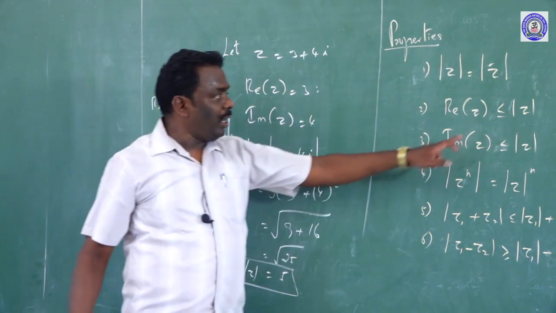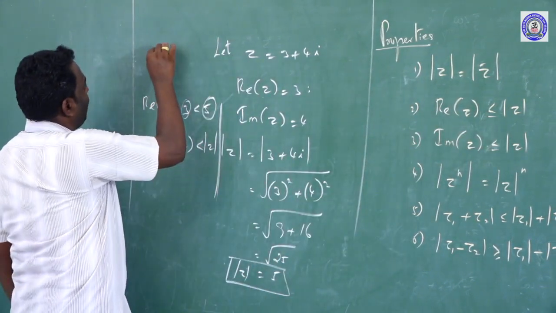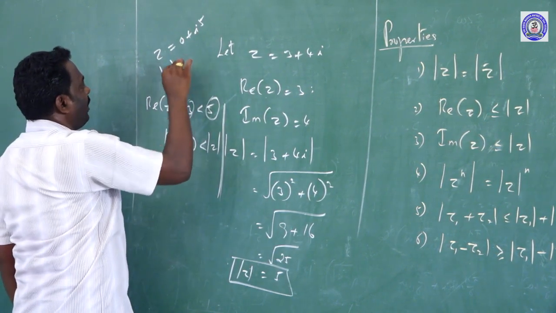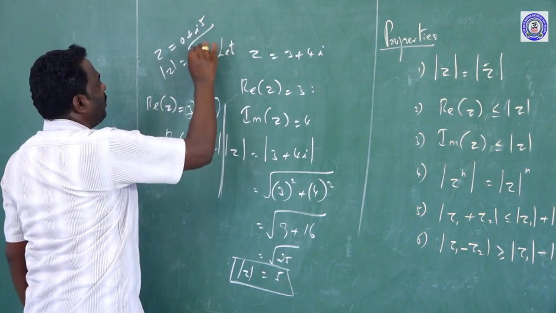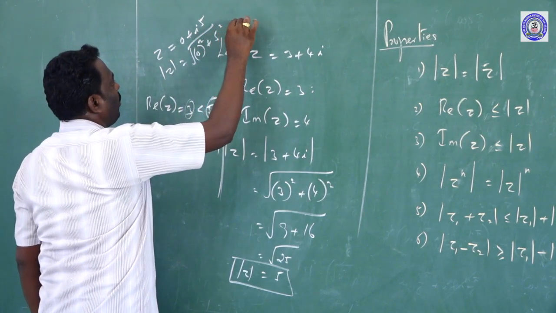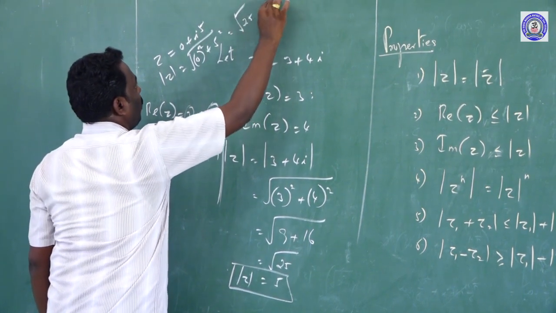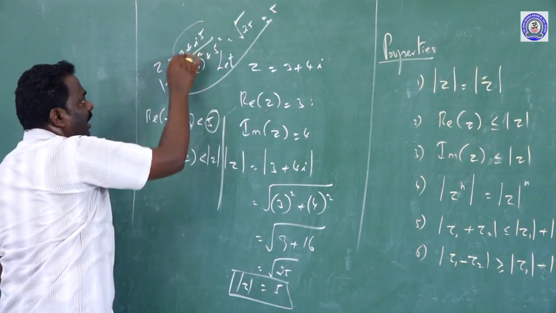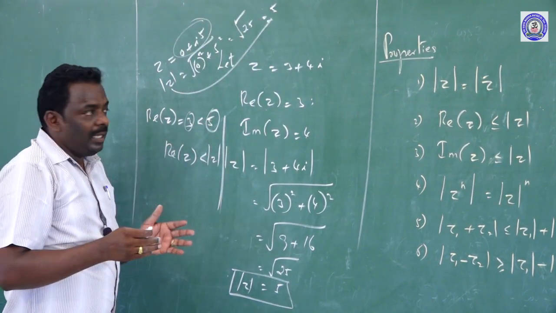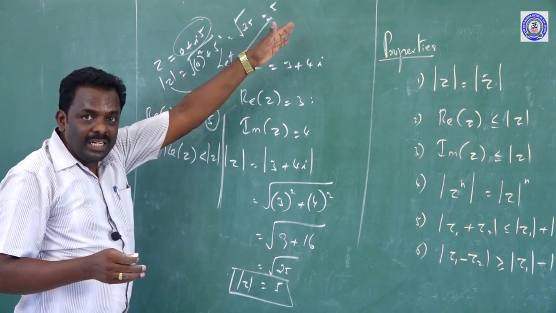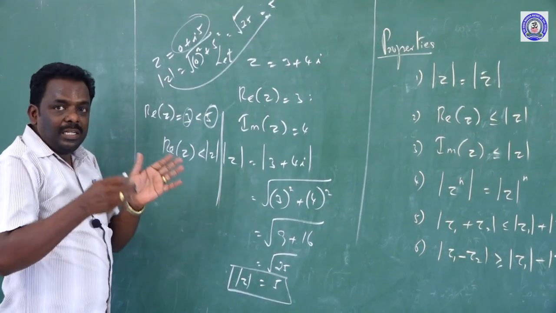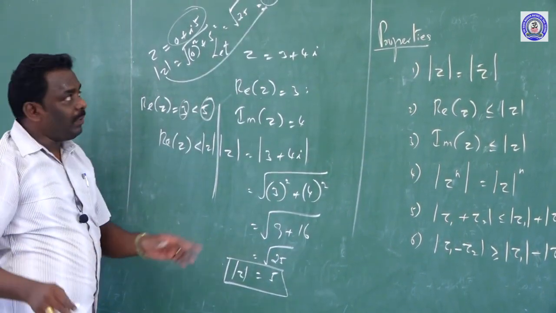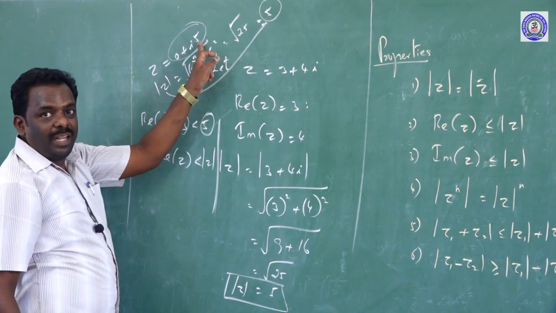When is the equal case obtained? Suppose the complex number z is equal to 0 plus i into 5. If you find the modulus of z, it is the square root of 0 square plus 5 square, which is the square root of 25, equal to 5. Therefore, modulus of z equals 5. In that complex number, the real of z is 0, which is less than 5, while imaginary of z and the modulus of z are both equal. Here imaginary of z is 5, so they are equal.